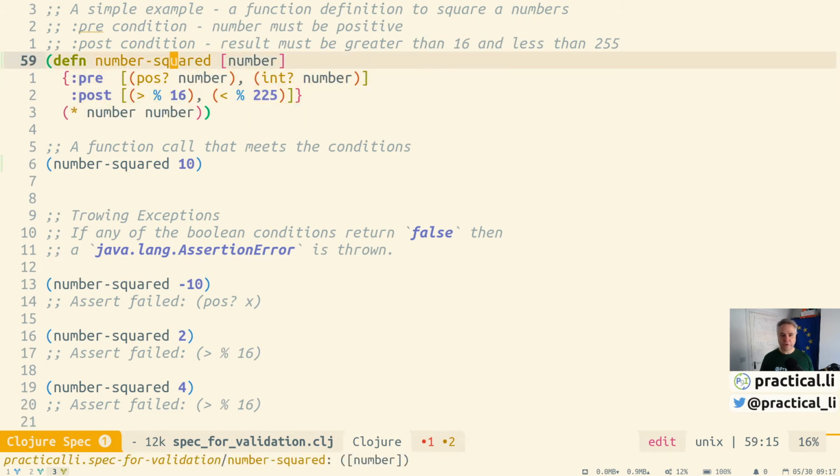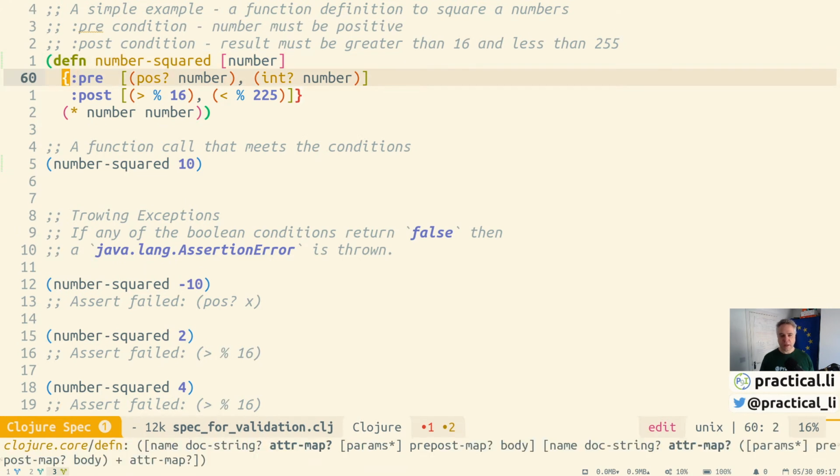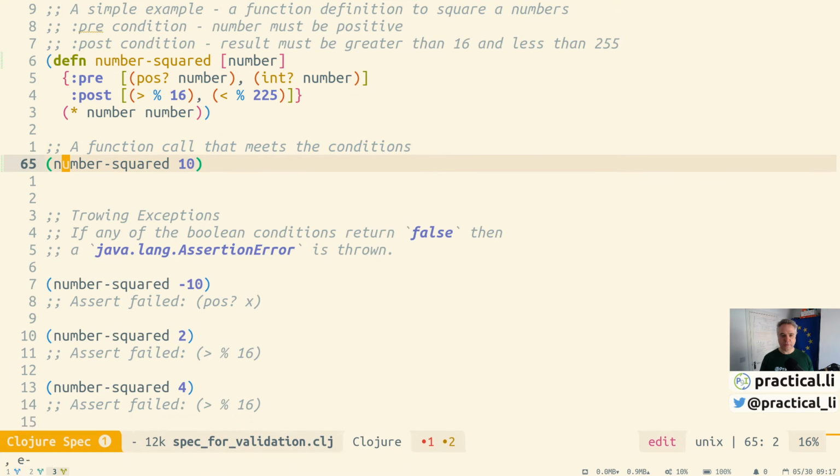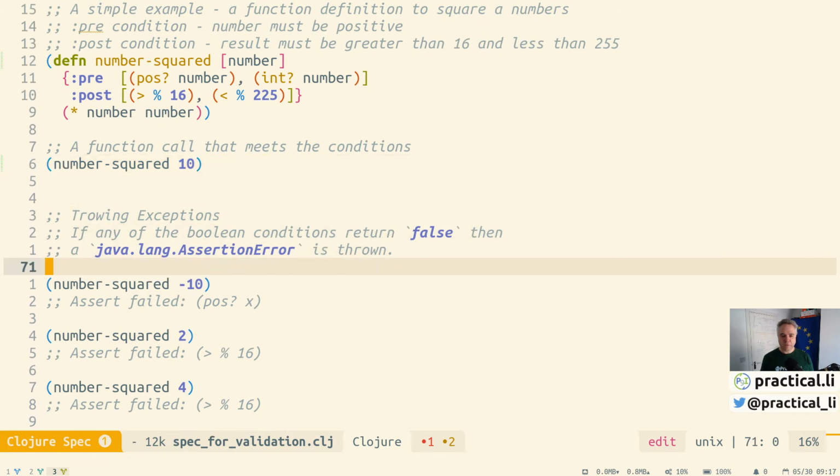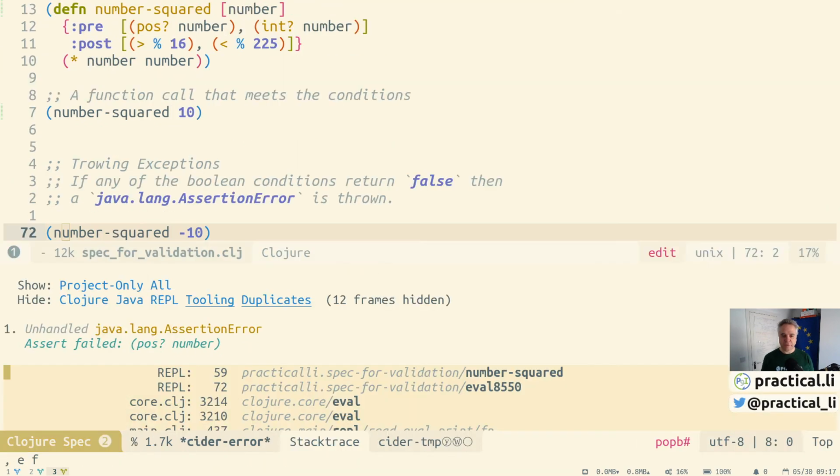So this is just a normal function. The only difference is we've added this pre and post condition. And if we call number squared with 10, we get an answer of 100, because 100 is between 16 and 225. However, if we call it with a number that's going to generate a value that's not a correct argument,